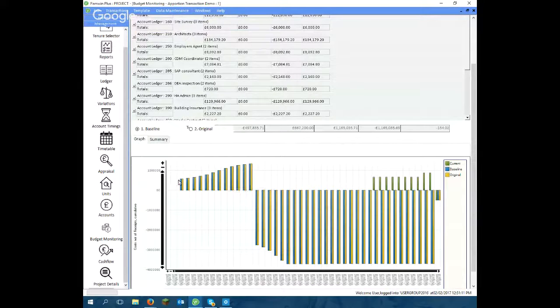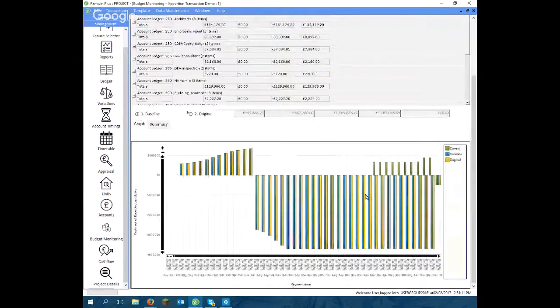So this scheme is now so delayed that going back to 2014-15, it was spending money here and then receiving sales money here, so the cash flow went negative cumulatively. And over here is where the new forecast starts, the current position, because the thing is so slipped. So that's what you're seeing, the gap between the green lines here and the blue and yellow are the slips